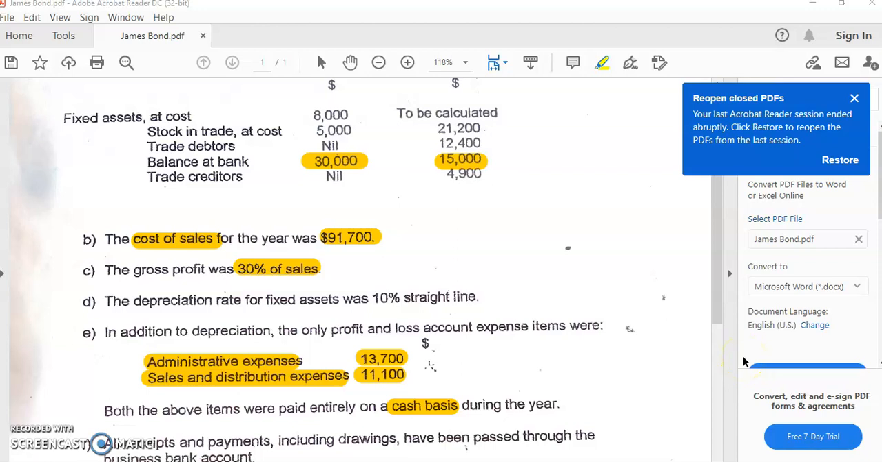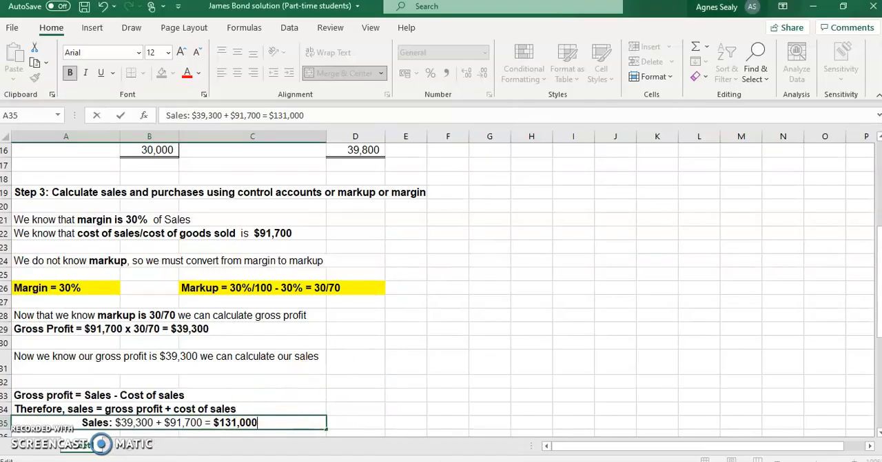Welcome back. This is our fourth video in a series where we're looking at an example question called James Bond, with respect to the concept of markup and margin. Now, in our previous video, we calculated our gross profit by finding out what our margin was. So we converted our margin to our markup, and we found